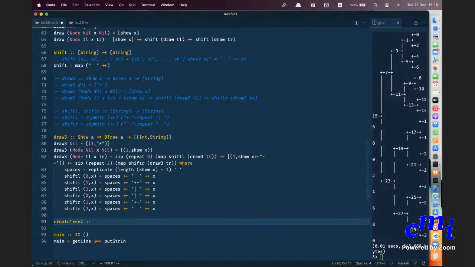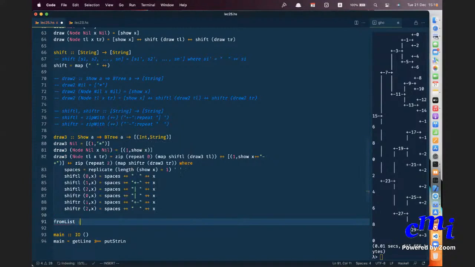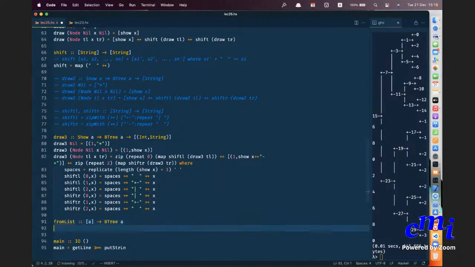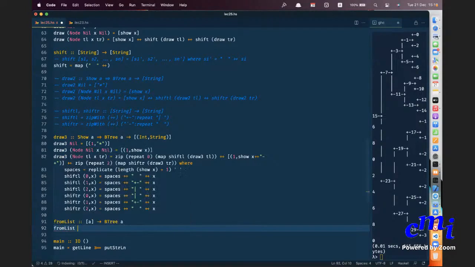Or instead of calling it create tree 2, I'll call it fromList. From list, you want to give a B tree. fromList of empty list equals nil.